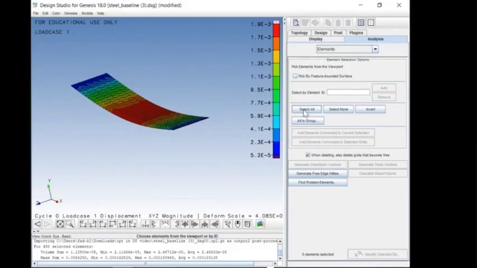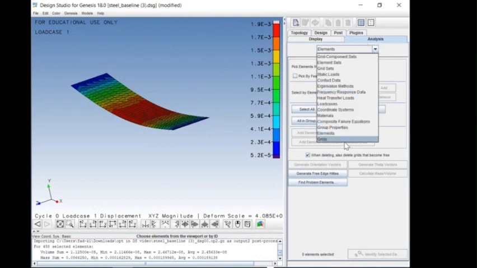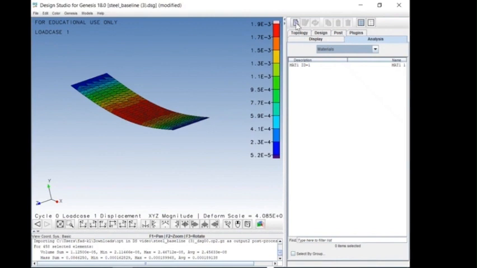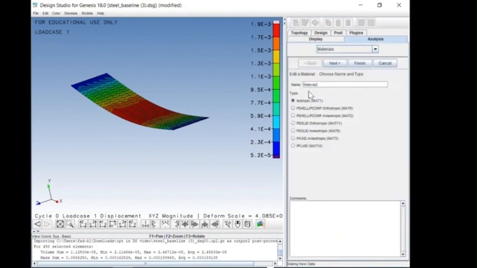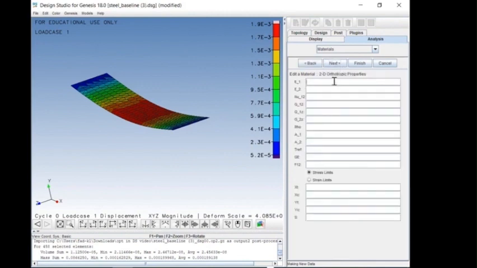So if we move to Design Studio, and what we're going to do now, if we go to Analysis and then Materials, we create a new material. This is going to be an orthotropic material, and we'll call this our carbon fibre reinforced plastic, CFRP. And you can see there, E1 is 132. Now remember, we're working in SI units, 132 gigapascals, so that's times 10 to the 9. You can just write 132 E9,